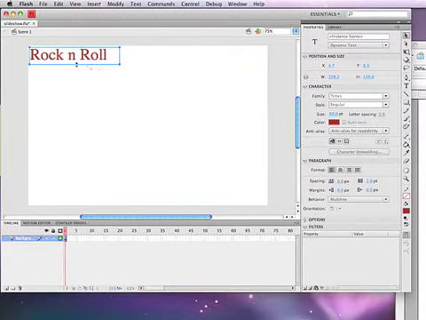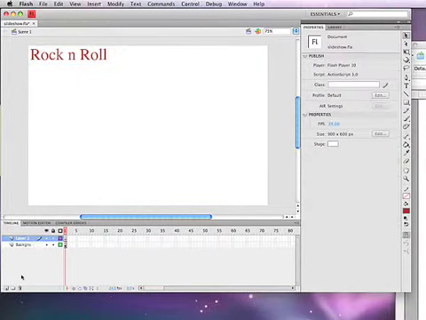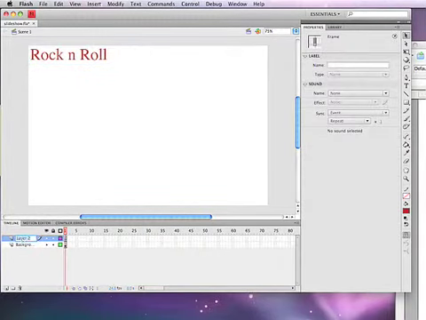And then I also noticed that when I established this text, it was dynamic text, and for now we're just using static text. So make sure that the type for your text is static text right now. So we've got that on our background layer, and we're going to keep that on every frame in the movie. Then I'm going to add a new layer, and this is going to be for my photos. So I'm going to import my photos in that layer, make sure I'm in the empty keyframe in that layer,